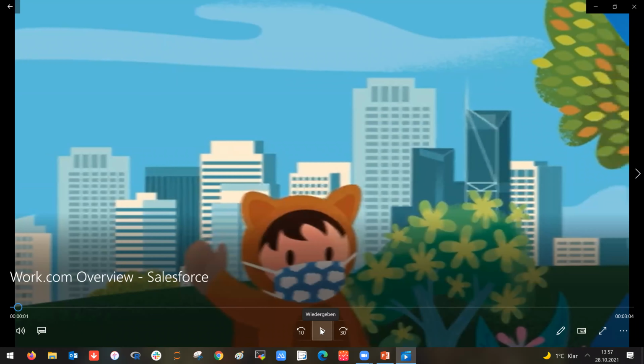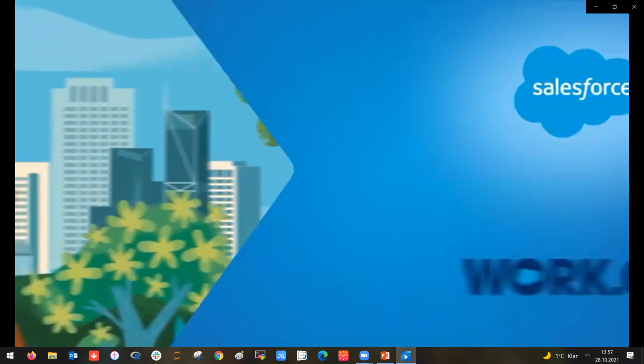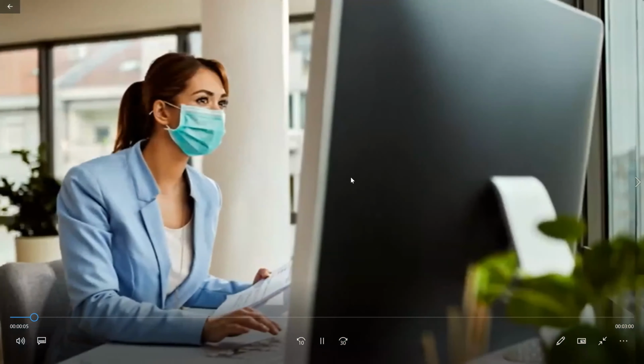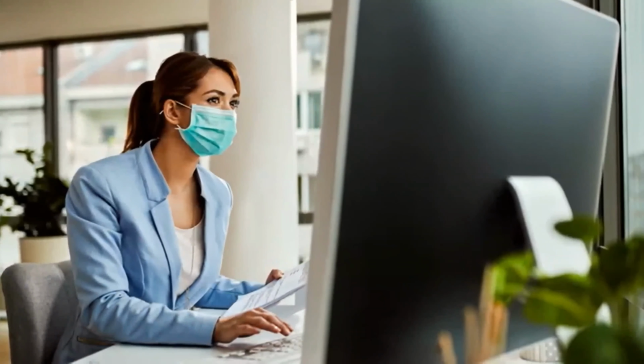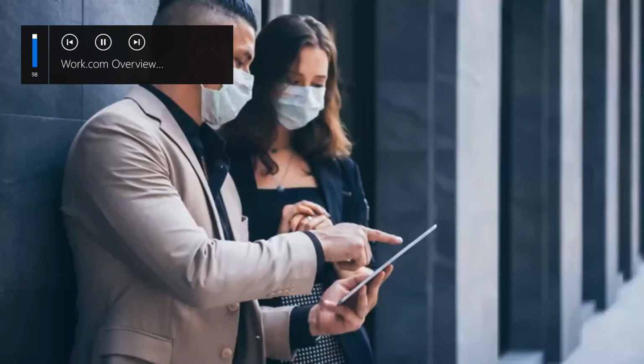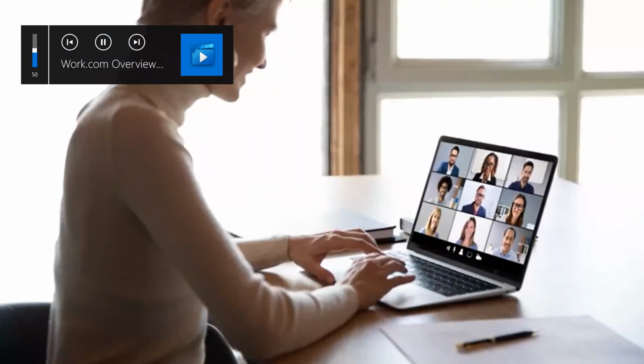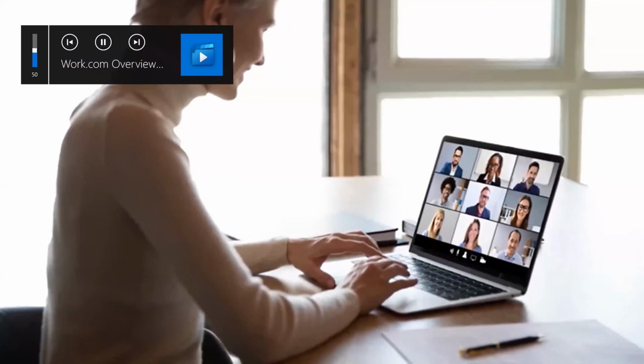Today's new normal demands a new way to work. Work.com, built on Salesforce Customer 360, can help your business adapt to new needs and build trust with the suite of applications, best practice resources, and services. Now HR, IT, operations, and other business leaders focused on workplace resilience can leverage Work.com to help build that resilience and trust for today and be ready for whatever tomorrow brings.